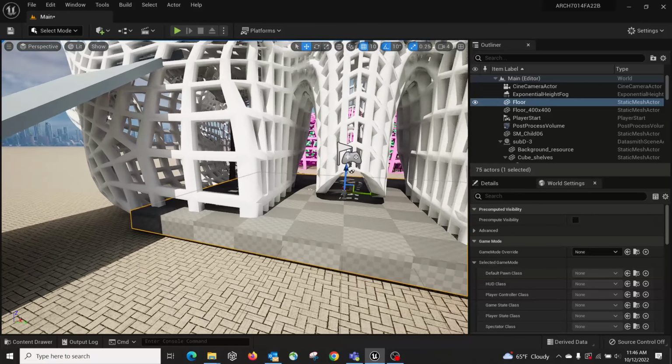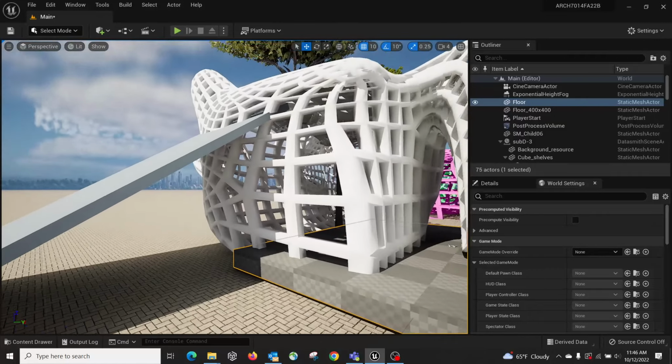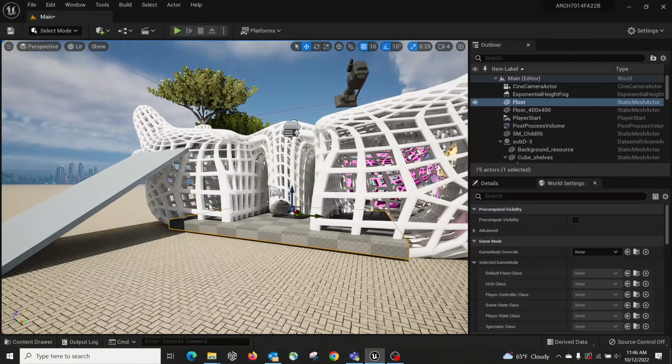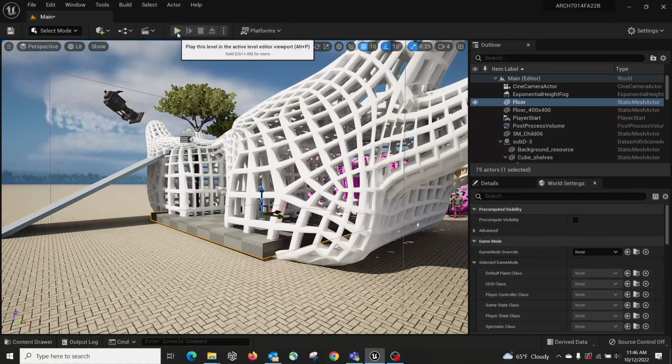Here's a quick demo of how to load the third-person robot into your Unreal environment. This is actually one of the big benefits of using Unreal. Different from Twinmotion, there are so many plugins and templates you can use, and third-person view is one of them. So by default, if I play the game,